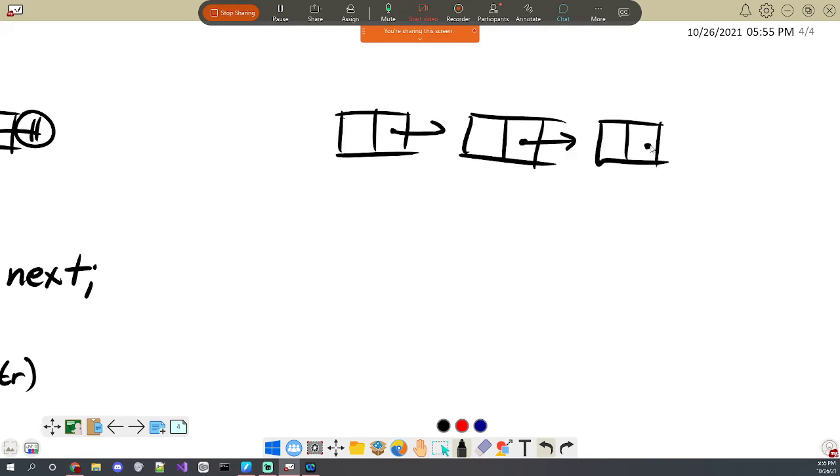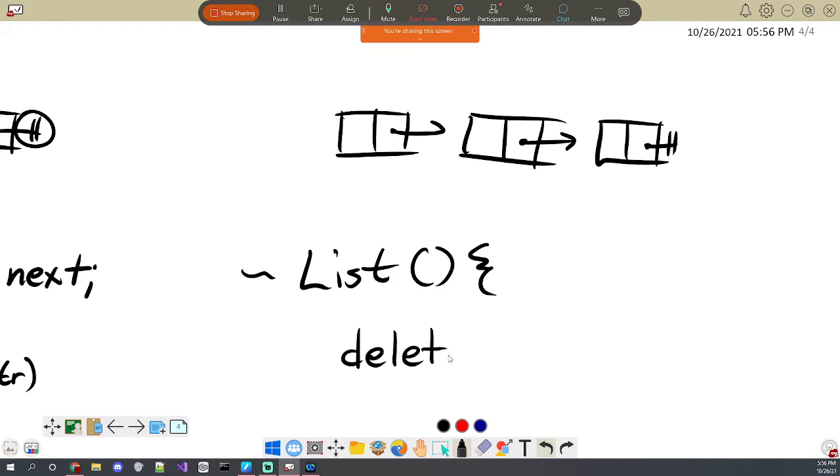So the way I generally implement this, if I have to, which is not very often because I don't think I ever write linked lists, is I actually just write it like this, where I say delete head, and that's it. And the way we can actually get this is by having the node destructor recursively delete the next thing.